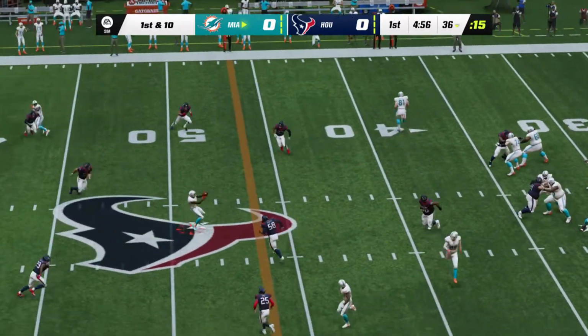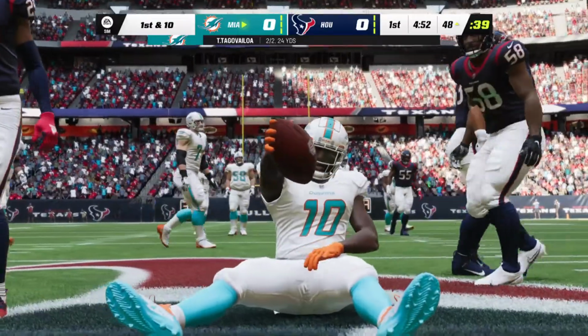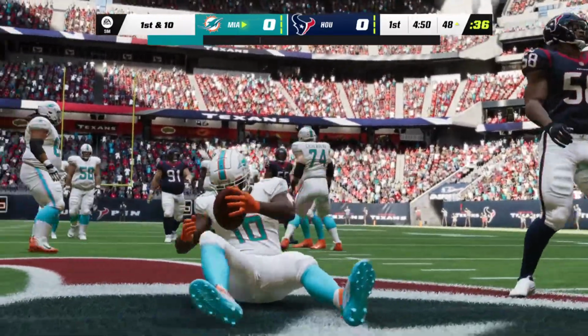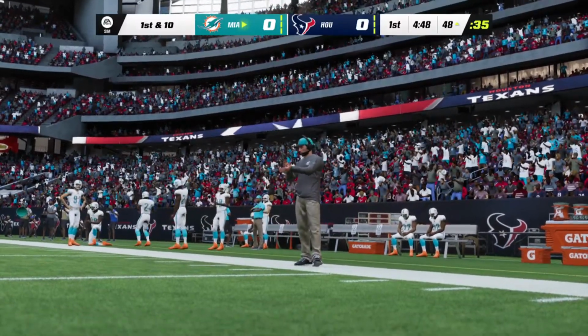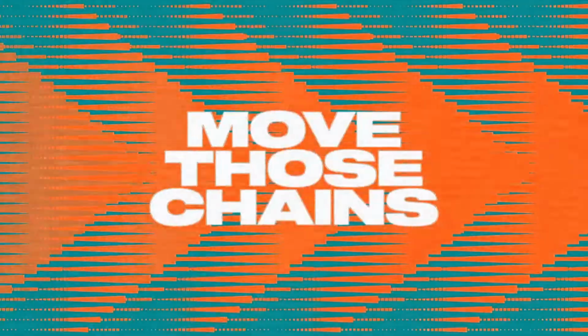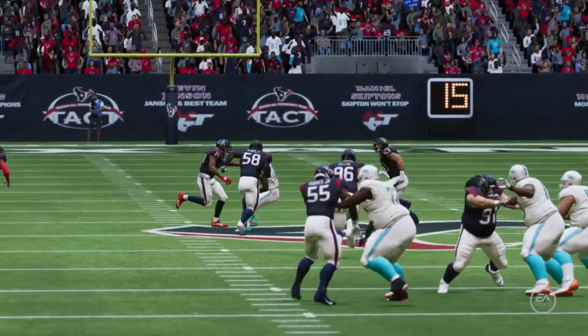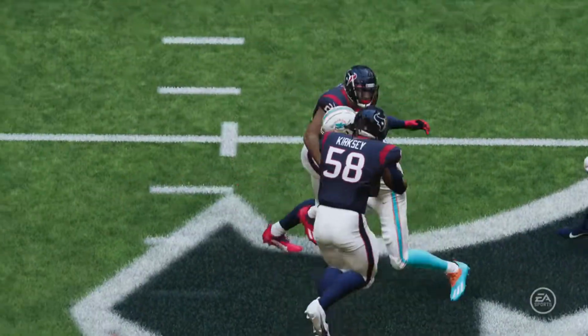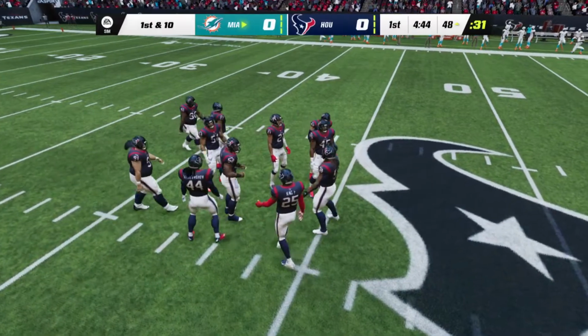Tua. That one caught by Tyreek Hill. And they're able to work this across midfield to the 48. Now that was pretty. They executed that curl route versus zone coverage, and that changes things a little bit because against man, it's often a tight curl, a sharply run route. Against zone, you're just looking for that open spot, that dead area, so you may curl it a little bit